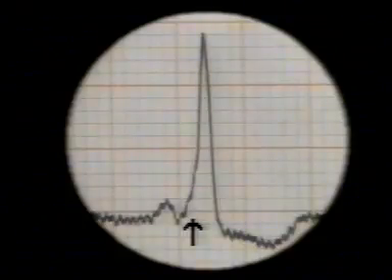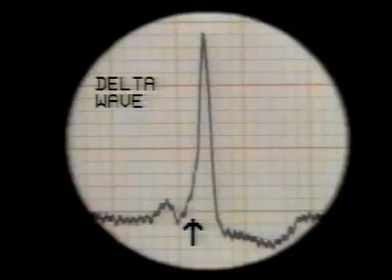Now study the QRS complex more carefully. You will notice that only the initial portion is wide and slurred. The downstroke of the R wave and S wave are perfectly normal. This slurred upstroke at the beginning of the R wave is called a delta wave. The delta wave is seen in those leads which show a tall R wave, usually in lead 1 or V6.